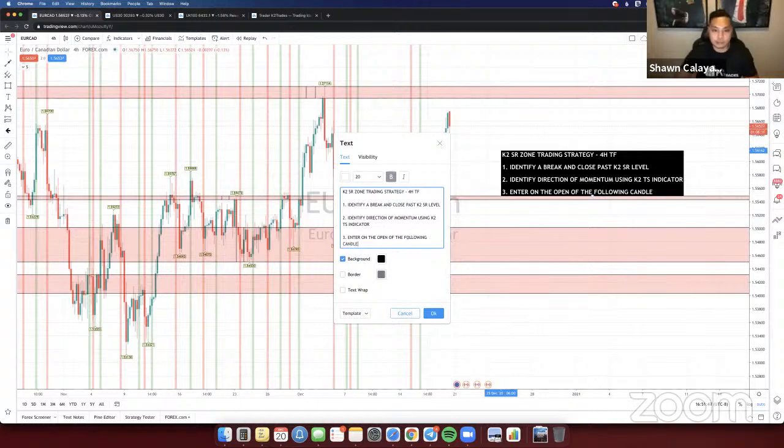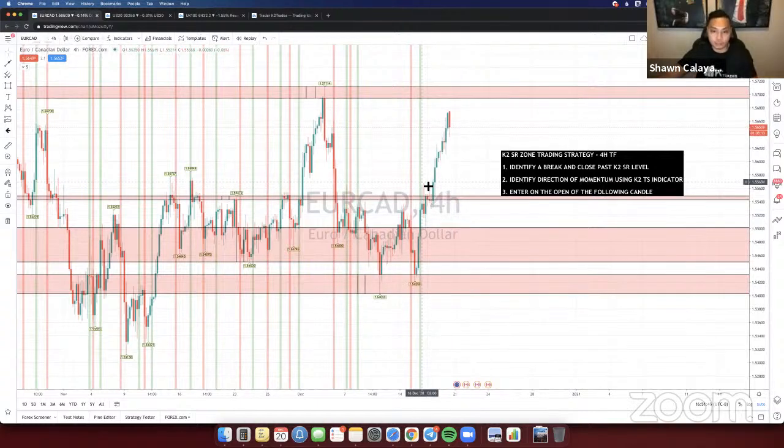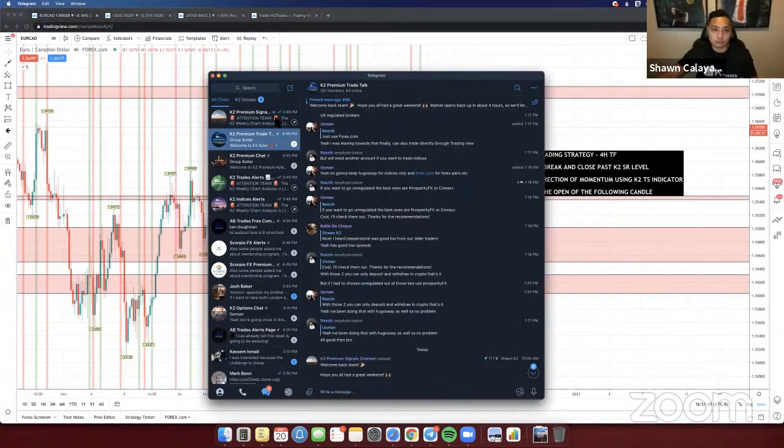So using the strategy right here, we actually took this trade and we hit full TP already, which would have been,